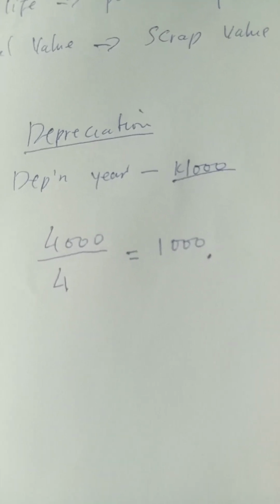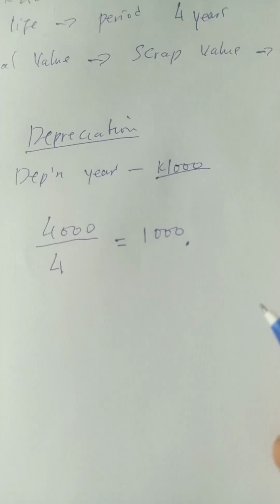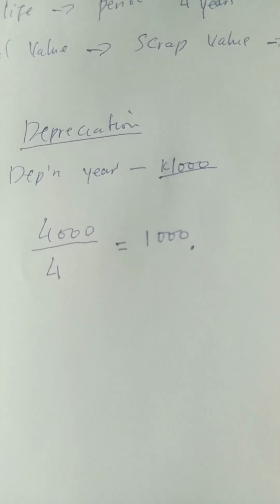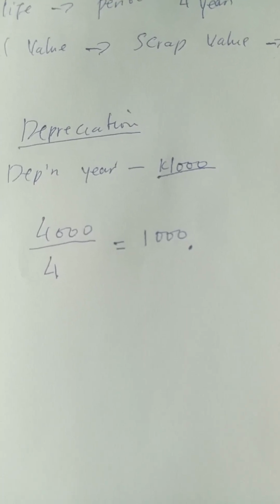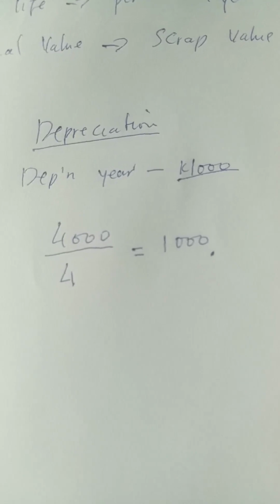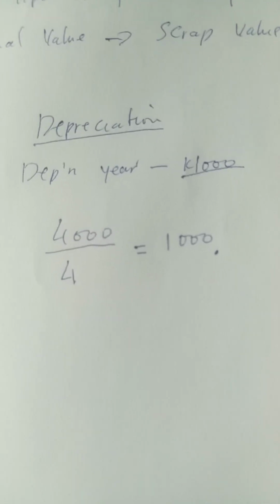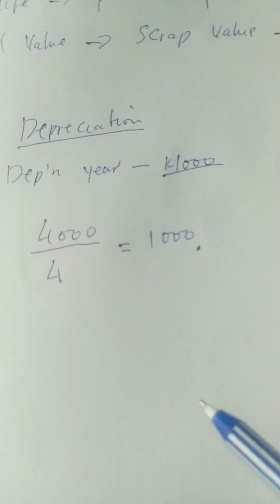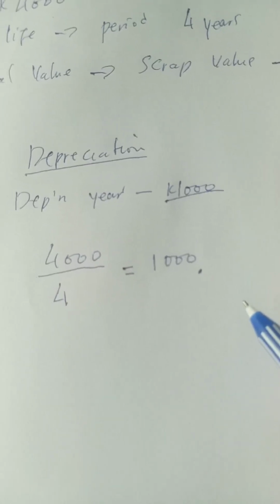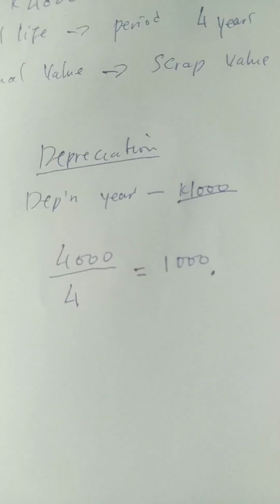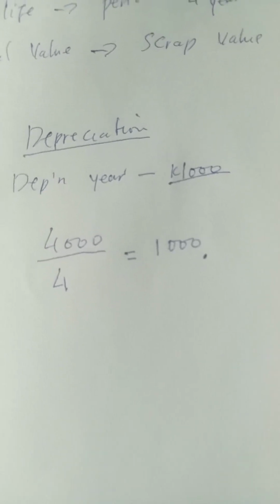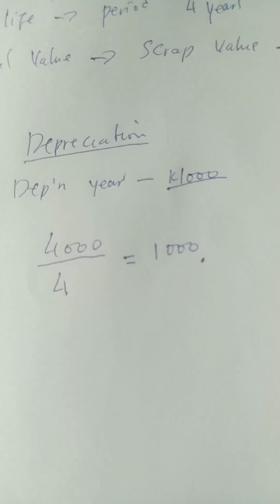So depreciation appears on the expenses, as a non-cash expense. You didn't spend any cash, but you assume it's an expense which is also helping you make profit. You are spreading the cost of that non-current asset that you use in your business, in your trading,